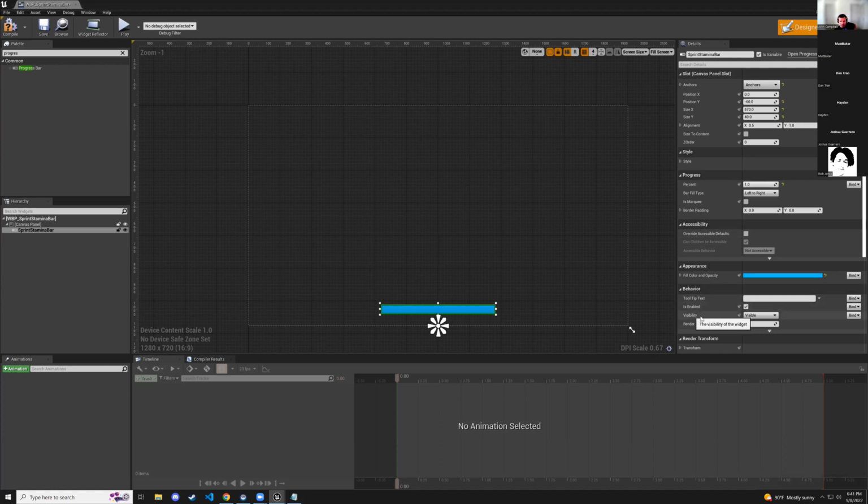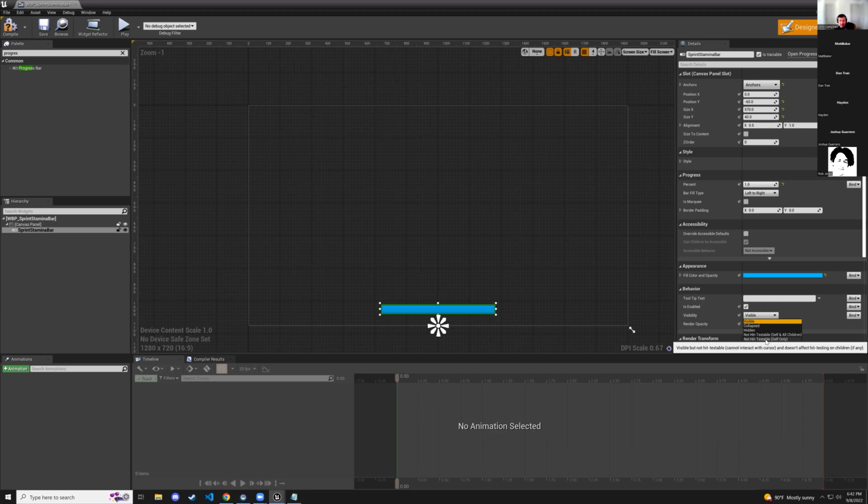Let's do this. Right here where it says behavior, visibility, we're going to change that to non-hit testable. The difference between visible and non-hit testable is this: if it's visible and I have the mouse cursor available while I'm playing the game, like I'm messing with my inventory or UI, clicking on buttons, that means that widget is visible and we're allowing the player to click on it and interact with it in some way. Non-hit testable for self only means that this particular item only